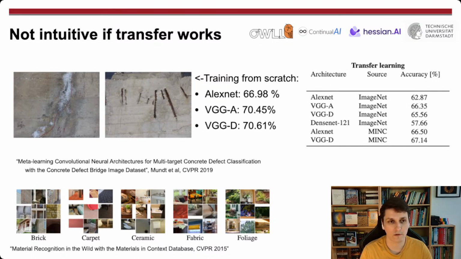It's not the main contribution of the paper, but I think it's a good example, and you can find this in the appendix of the paper. If we train from scratch on these 3 specific neural network architectures that were popular a couple of years ago, we can see that unfortunately these values in training from scratch, even though the database is limited in size, are actually much better than if we first transfer either on ImageNet or this materials and context database. So in that sense, what we have here is an example where attempting transfer learning really hurts us